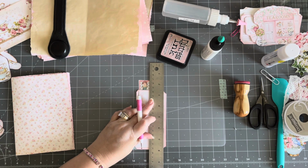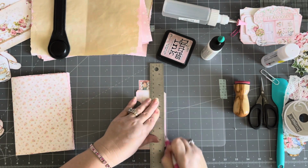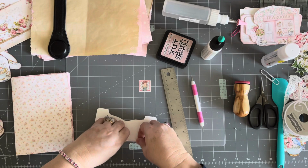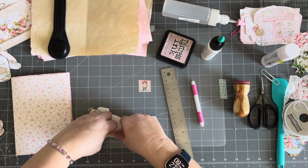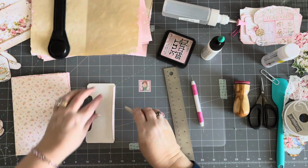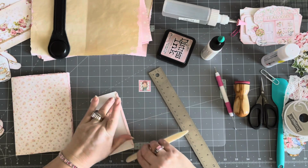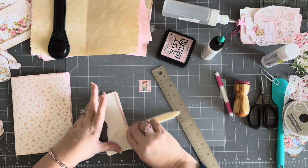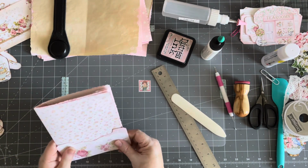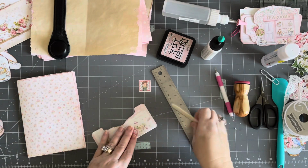I don't want it to be flat because I want to be able to put a couple things in it possibly. So I'm going to just score it and fold it. Excuse my arm. You know all my tools are right in front of me. It's funny, this pink part that you see that goes all the way around, if you fold it down, it